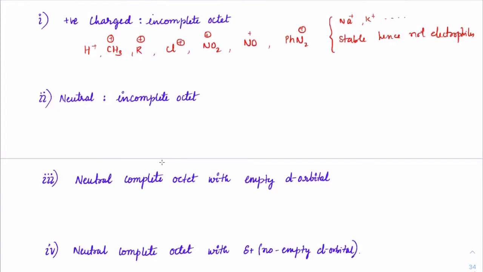Neutral electrophiles with an incomplete octet include boron compounds like BF3, BH3, BCl3, and similarly aluminum compounds, AlCl3. Similarly, carbenes, CCl2. It would have an empty orbital here. So these are dichlorocarbenes. This type of family of compounds where carbon has only 2 bonds connected are called carbenes. If there are chlorines present, we call it dichlorocarbenes. So all of these are examples of neutral incomplete octet electrophiles.